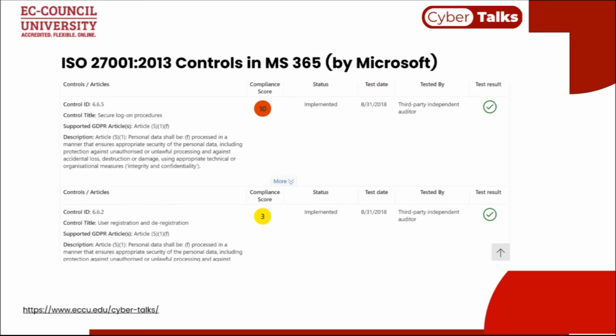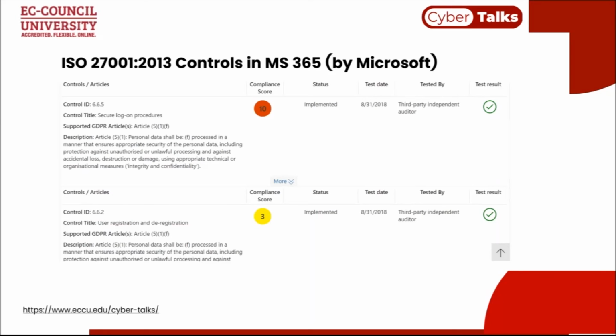So what are they doing? If you select ISO 27001, you can see what kind of controls they're using here, and I picked that one. Obviously, they have more, but you can see their control ID from ISO 27001. You can also see the supported GDPR article and others, which is quite nice if you want to compare to other standards. Here we have the control title, secure logon processes, which they score very high on, because it's a very